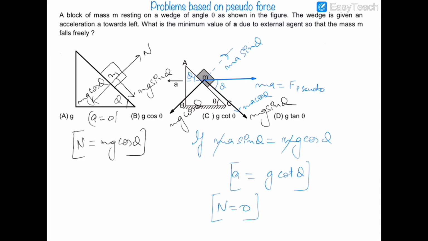because there is no requirement of normal reaction to act. And if the normal reaction becomes 0, then the net force on this block of mass m will only be mg, which is acting in the downward direction. And in this case, that block will not be in contact with the wedge, and it will be in a state of free fall. So this is the correct option. So option number C will be the answer. Okay, now we move on to the next question.